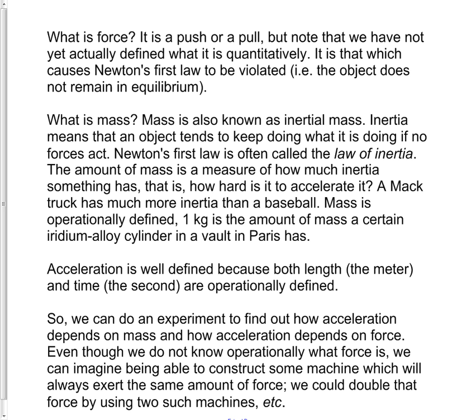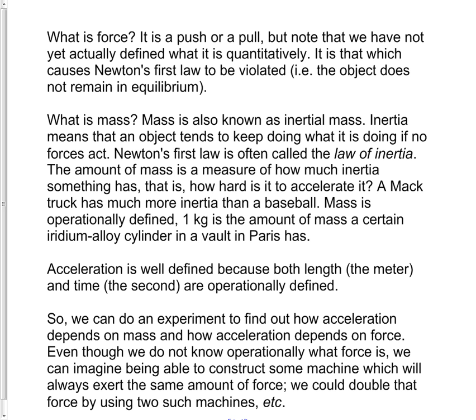One is the mass of an object that we're going to push or pull on. And the second, of course, is the force, if we're going to push or pull on it. And the third is what the acceleration is. Now you might say, well, how can we do that experiment if we don't know what a force is? So let's just say, okay, I don't know what a force is other than a push or a pull, but